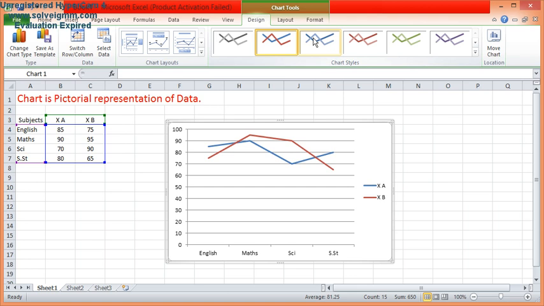Red stands for 10th B and blue stands for 10th A. Here you can change the color of your legends. Basically I would like to take red and blue because it will differentiate your data. आपका डेटा अच्छे से differentiate हो जाता है इससे. So we have taken that,